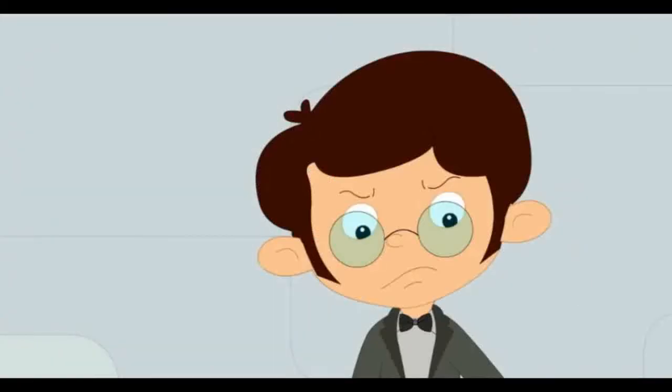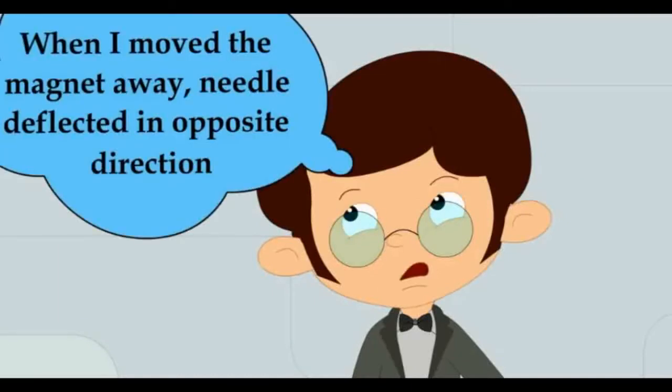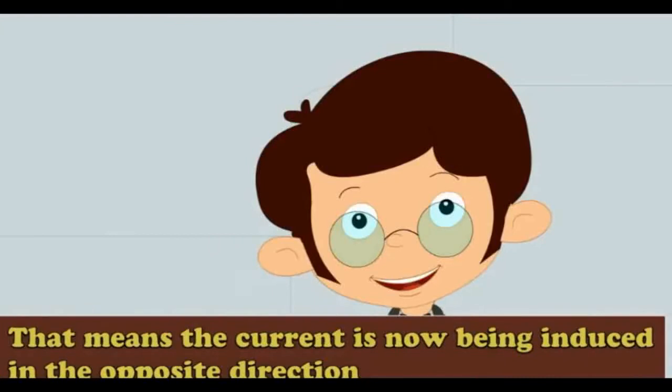So this way it works. That means when we move the bar magnet away, the needle deflects in the opposite direction. So the direction of the needle is different in both cases. When the bar magnet is being inserted, the deflection was towards the positive side of the reading, and when the bar magnet was being taken away, the deflection was towards the negative side of the scale. So in both cases there is a current produced, or in both cases there is a current induced. That is what we can infer from this experiment.